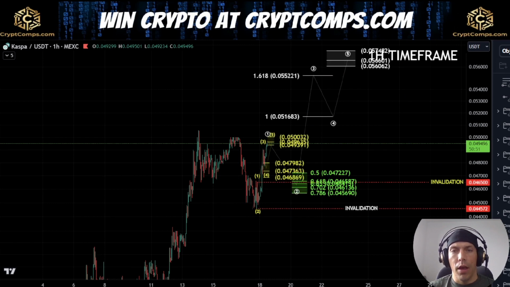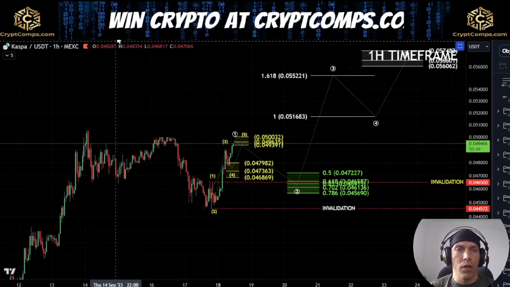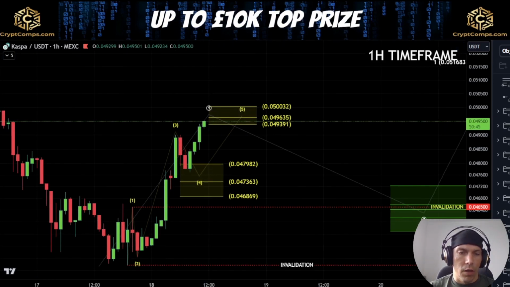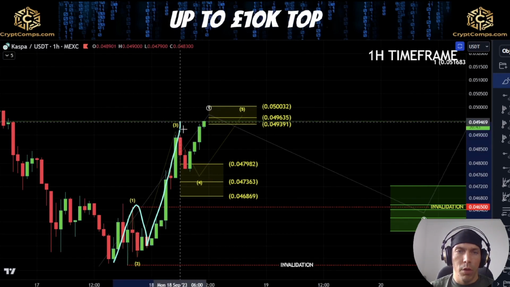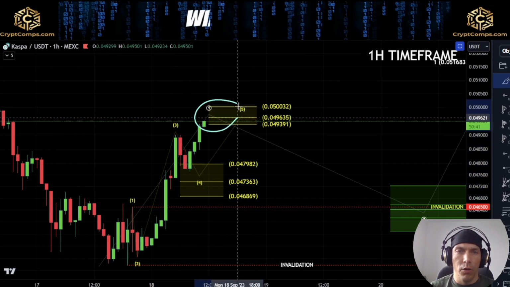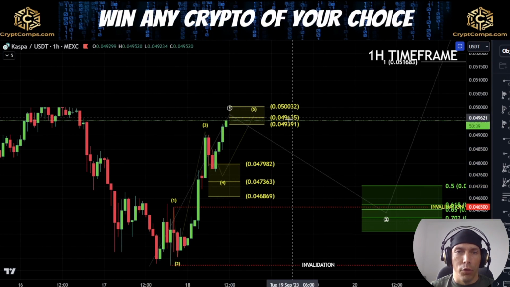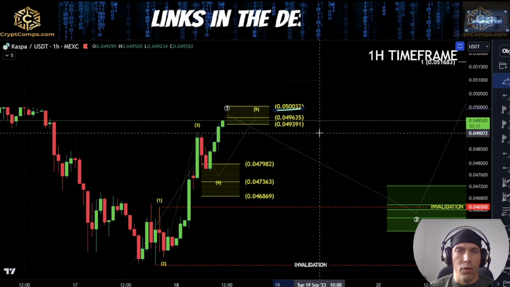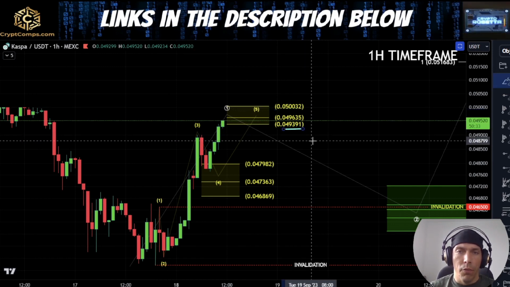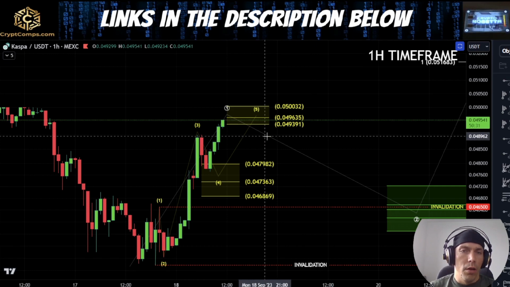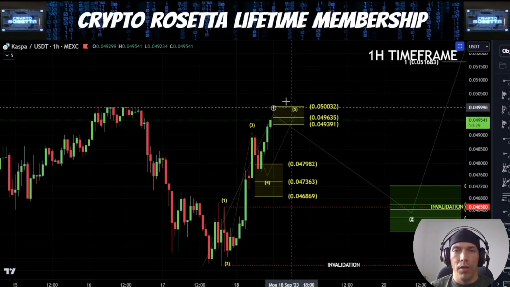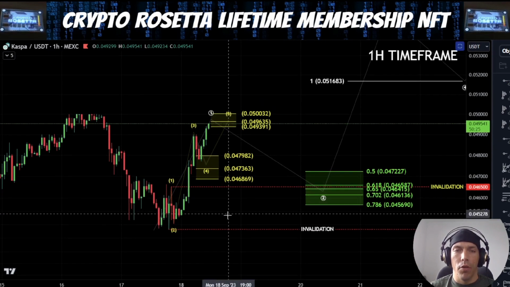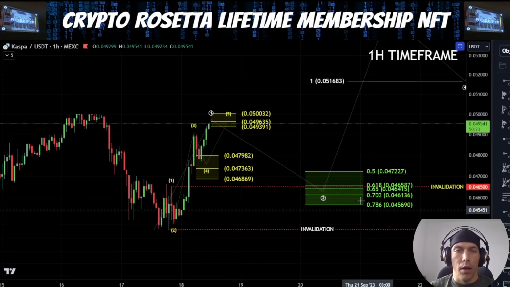Now, if we are looking at this idea of actually having an extension, this is what I'm looking for here. So I'm treating this as a wave 1, 2, 3, 4, and potentially we are close to completion here of this fifth wave. Now, the common zone that we look for as a fifth wave would be this 50032 to this 49391. Now, if we do see this move complete into this zone, what I will be looking out for is the potential to see price actually come back down here in a wave 2.